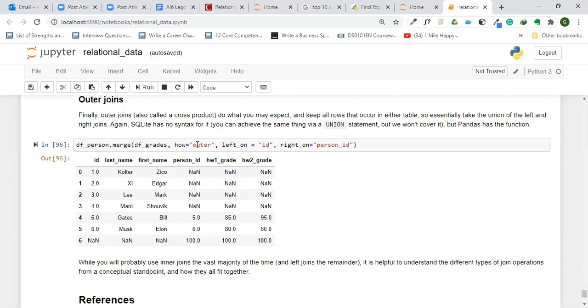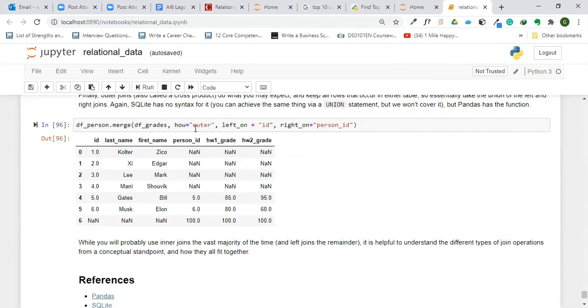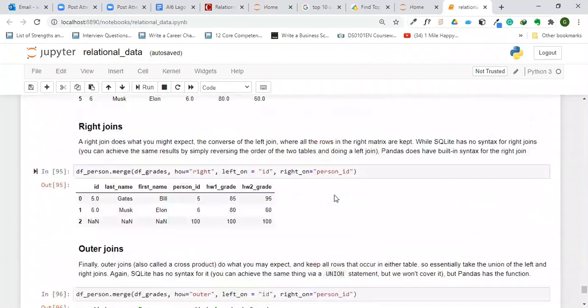If you want to do a left join, the how will be equal to left. If you want a right join, it will be right. If you want an inner join, it will be inner. If you want an outer join, it will be outer. So that's it. It's basically the same command, but changing the variables to suit what you're trying to do. So far, that's the end of what we have to